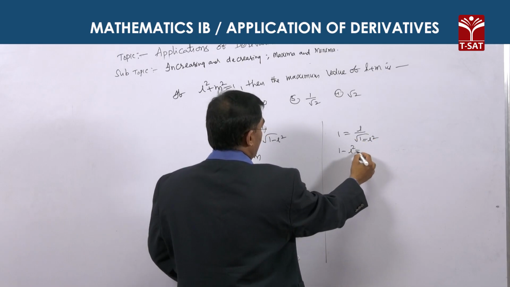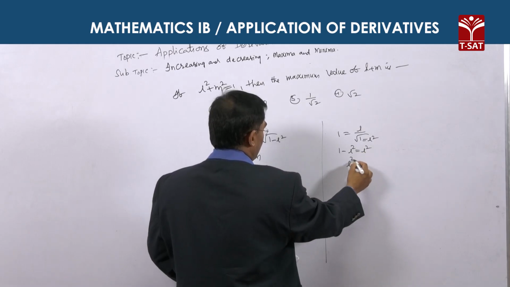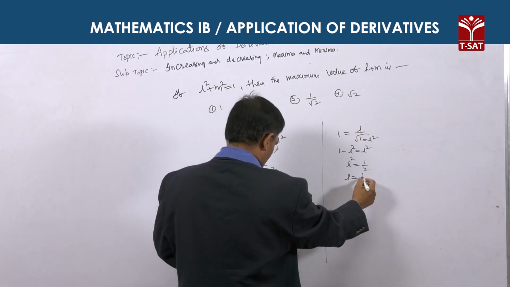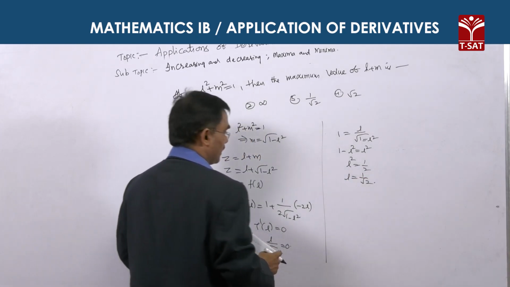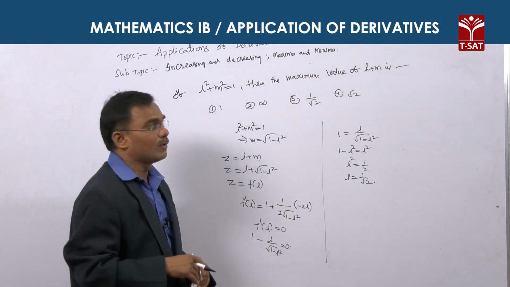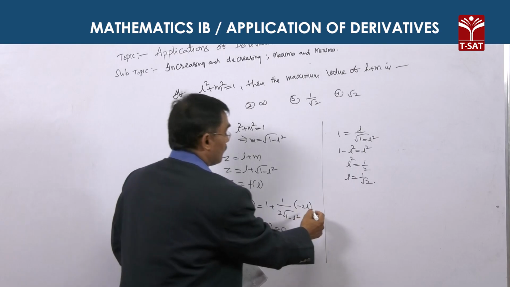Simplifying, 1 minus L² is equal to L². So simplifying, L² is equal to 1/2. L is equal to 1/√2 can be taken. Therefore, the function has a maximum or minimum at L is equal to 1 by root 2. From this,